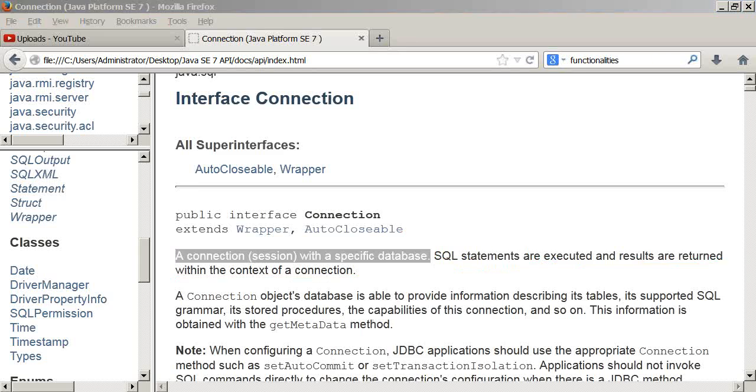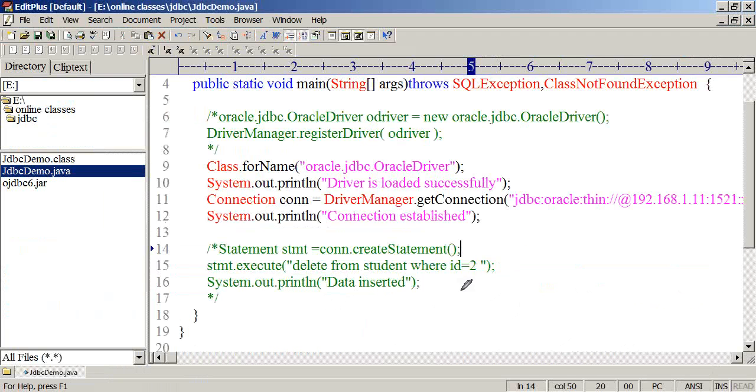Let's suppose I have opened the connection and then I have closed the connection. Once the connection is closed, you cannot interact with the database. Then you need to reopen the connection with the database. Right? So every statement and every result will be